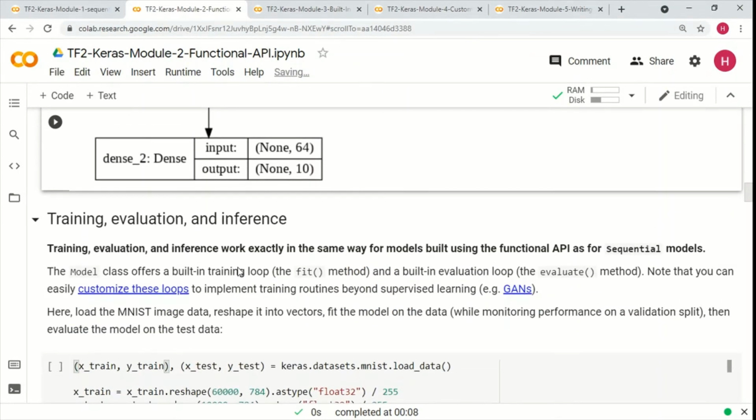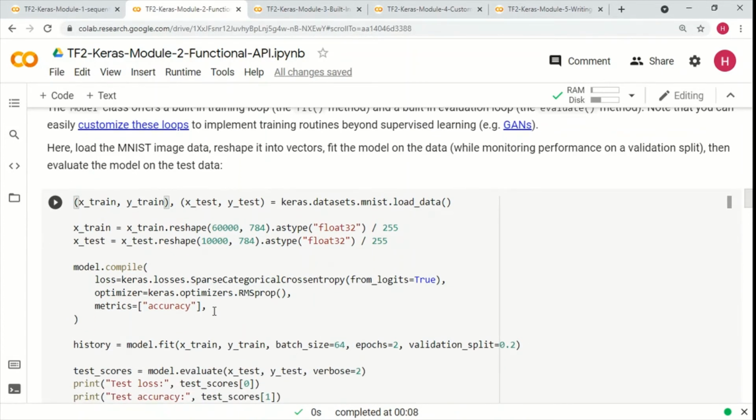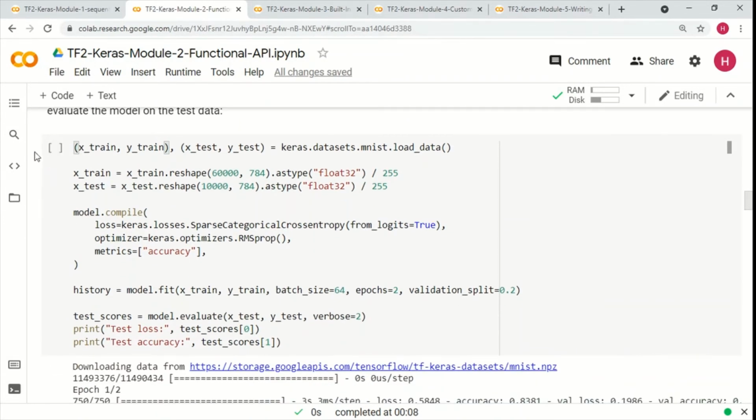Okay, now how does the training and evaluation work? We discussed the sequential models and we know how it works from a data perspective, how we feed in the data, how we define certain things in that model. So let's see how we do it for the functional API also.